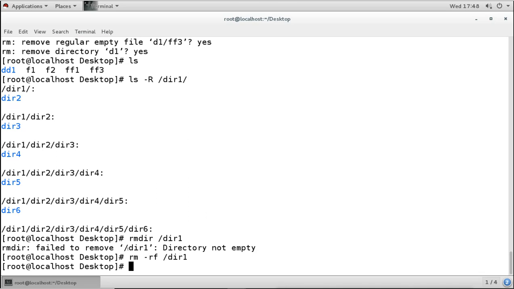But this command can be very dangerous, because without any question it can remove everything. Everything, that means even a directory also, because we are using -r here. Remember, if you use only -f, then it will remove only files, but directories will not be removed. But if you use -r also, then you can remove everything. So it is a very dangerous command for root. If root mistakenly runs it on some directory, then it can remove everything from there, because mostly the root user has permission on almost all these files.